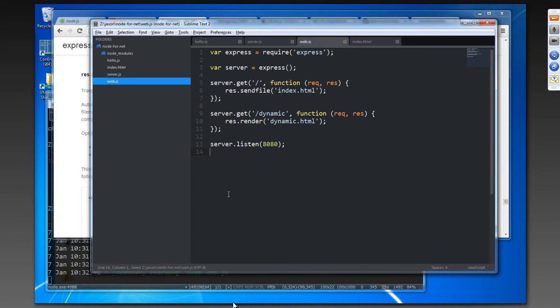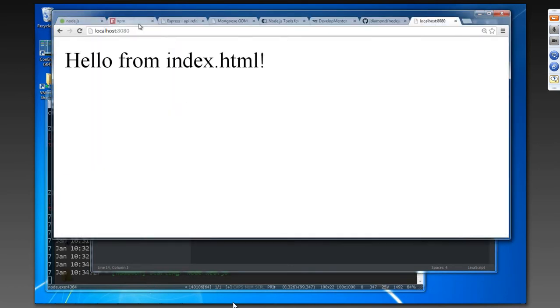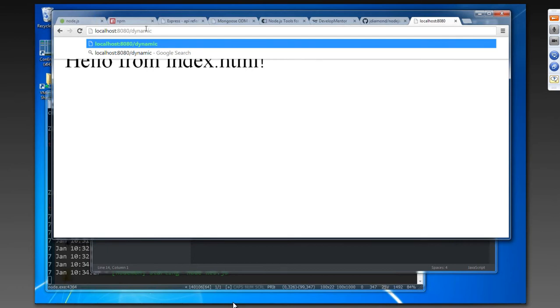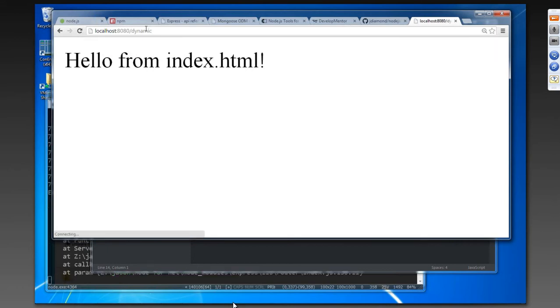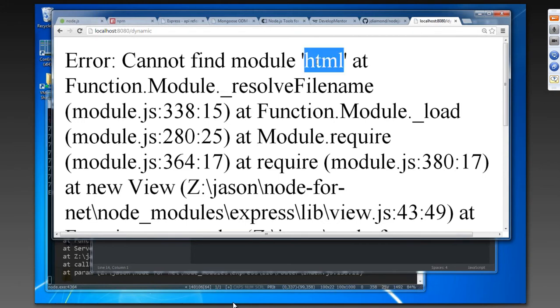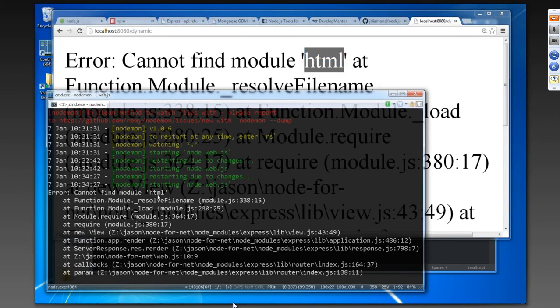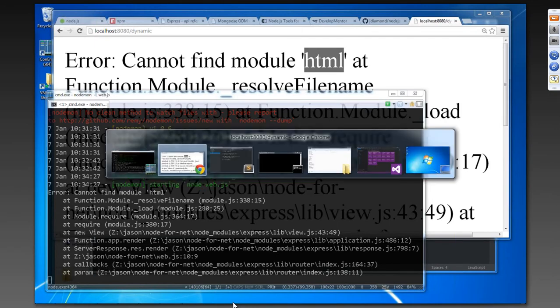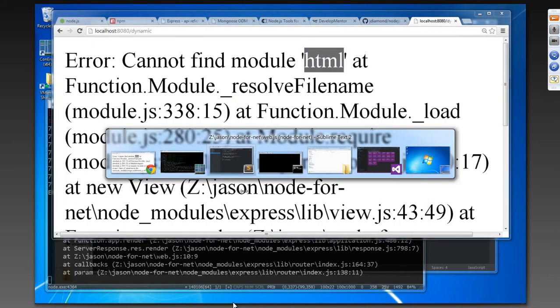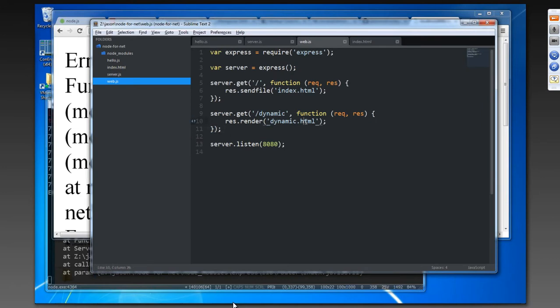Now there's going to be a problem when I run this. We're going to go back to our browser and change the URL to say /dynamic. And oops, cannot find module HTML. That's a funny error name. We can also see the stack trace here in our console. Cannot find module HTML. What Express does is look at the extension of the file that you're trying to render, and then it requires a module with the same name. It's this funny convention that it uses in order to dynamically load the code that will process the file and do its dynamic